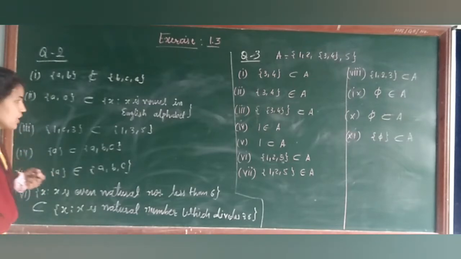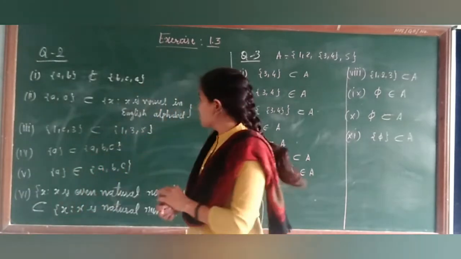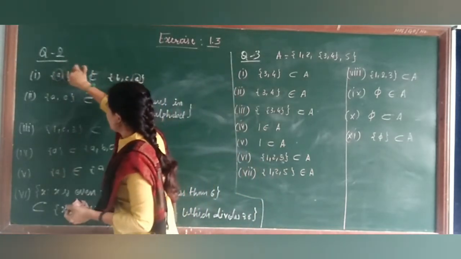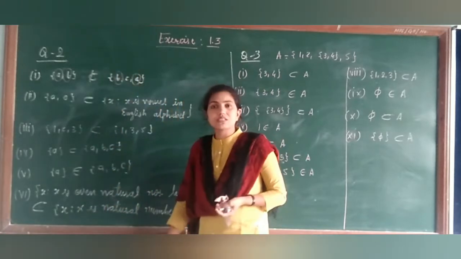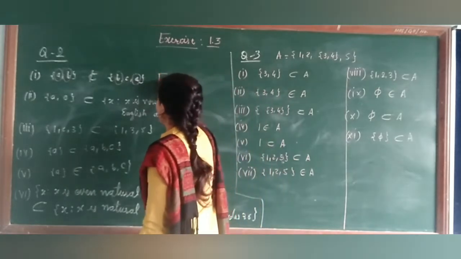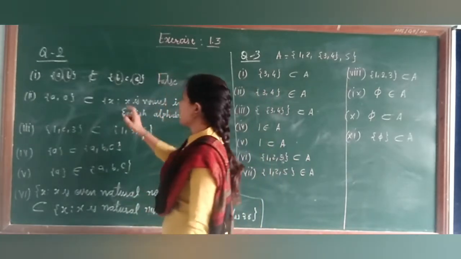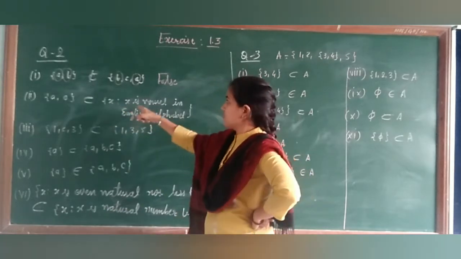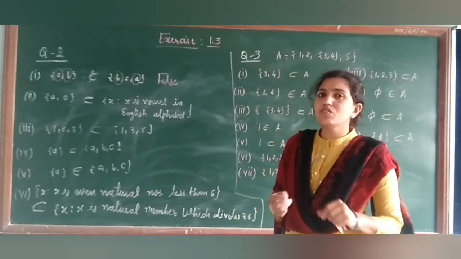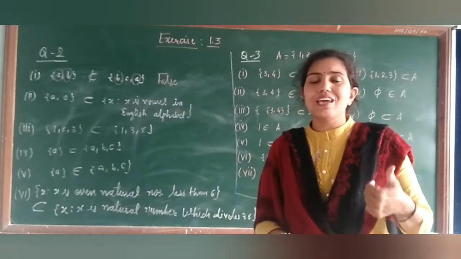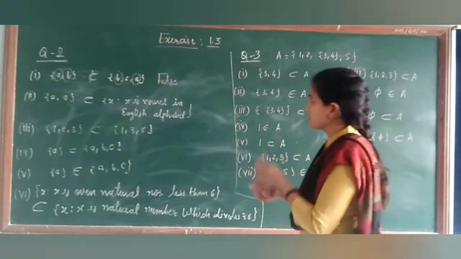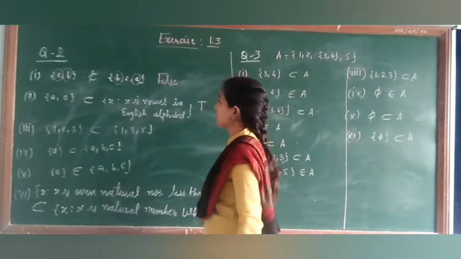So you have to check, is AB a subset of this set? So that's why we have to check the elements. So A is here, A is here, B is here, B is here. So obviously it is a subset. But they have written not subset, so this statement is false. Right. Now second one. AE is a subset of X is a vowel in the English alphabet. So you know that the vowels in the English alphabet are A, E, I, O, U. Obviously A and E, the subset is there. So this statement is true.